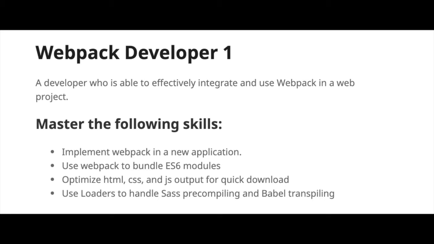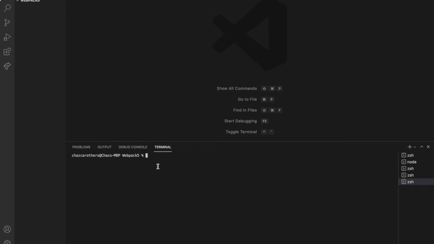Hello, today I'm going to show you how to implement Webpack in a new application, use Webpack to bundle ES6 modules, optimize HTML, CSS, and JavaScript output for a quick download, and use loaders to handle Sass precompiling and Babel transpiling. Okay, so the first thing I want to do is run npm